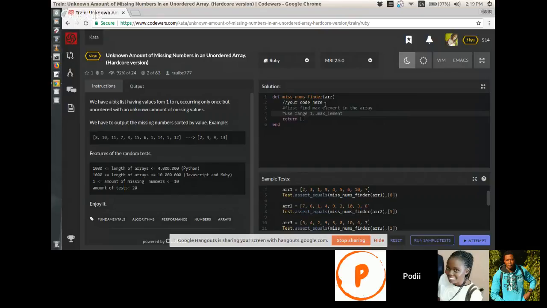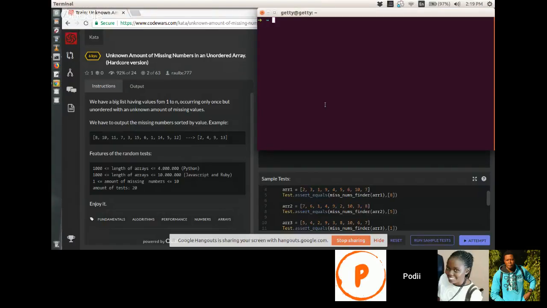Subtracting will return the elements that are on this side and not on the other side. So first, let's say n is equal to array.max.